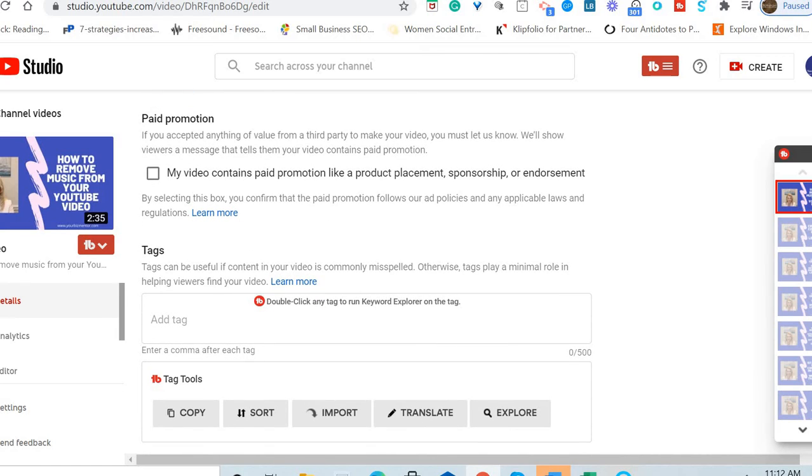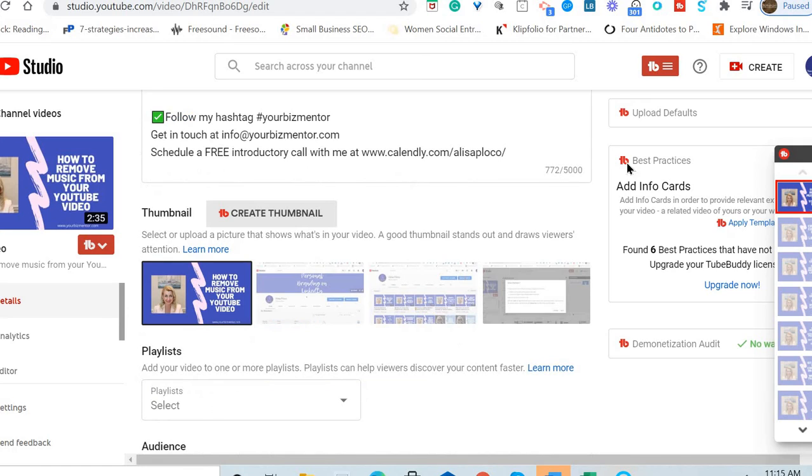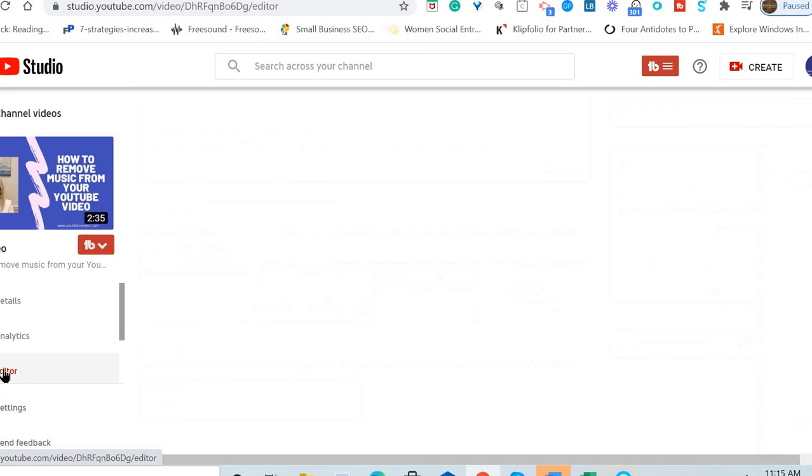For example, I just added this one a few minutes ago and I can see I didn't add tags on it. I'll do that now. Alright, so I just added the tags. Now let's get back to the left hand side menu. Click here on editor,